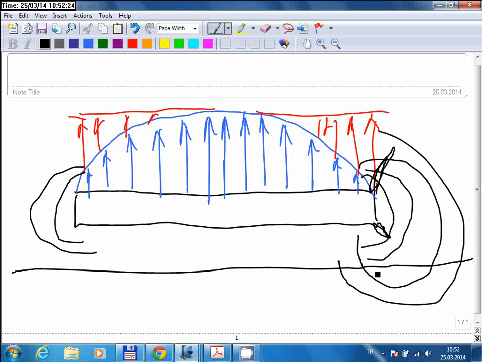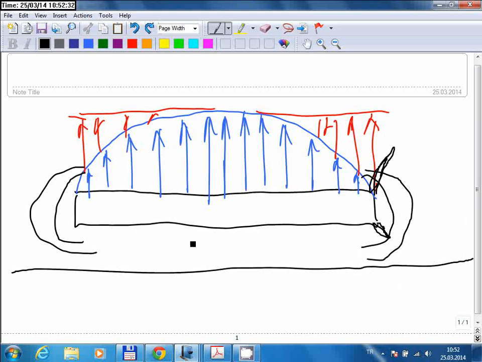If you have ground here, you cannot have such large vortices created at the wingtips. Plus, there will be air squeezed underneath the wing here, and this squeezed air will be increasing the pressure under the wing. So this phenomenon is known as ground effect, and aircraft flying in ground effect can have huge performance